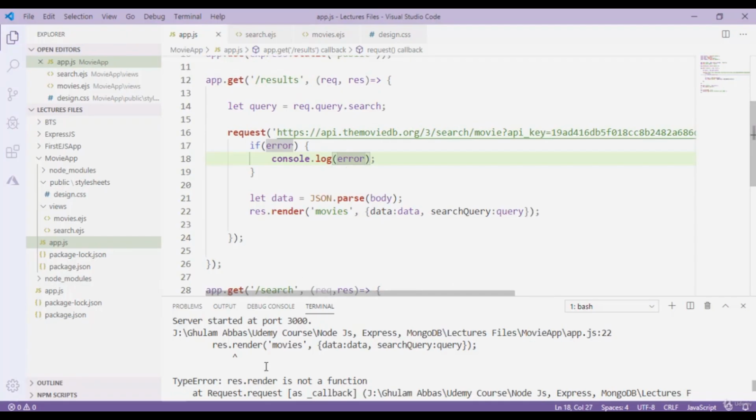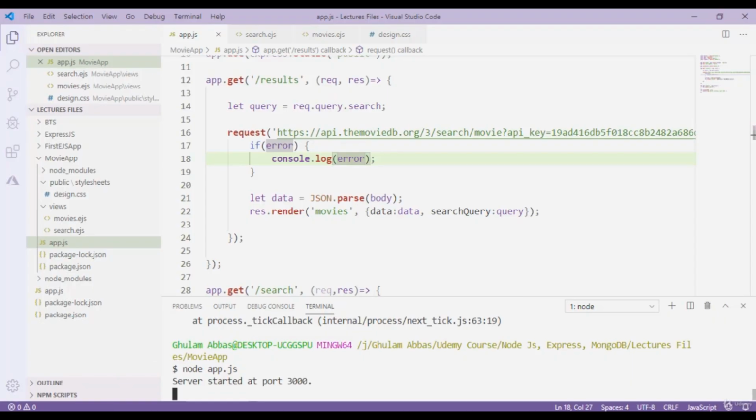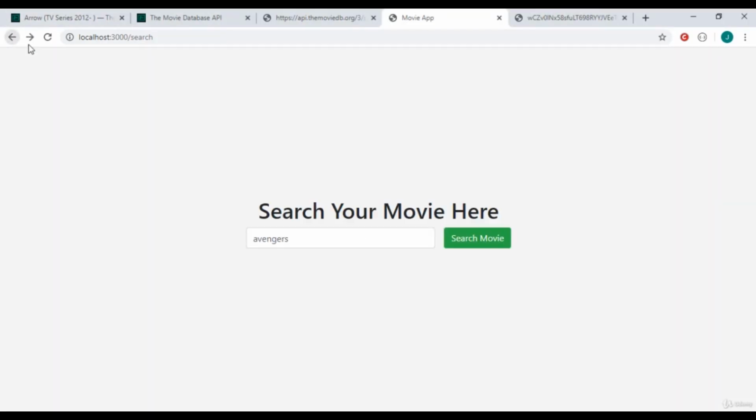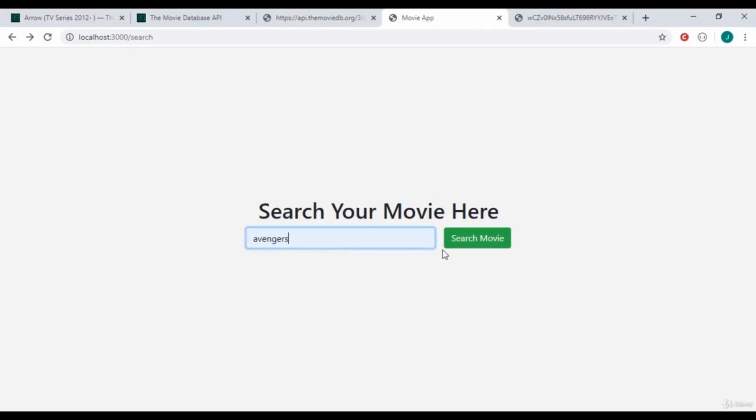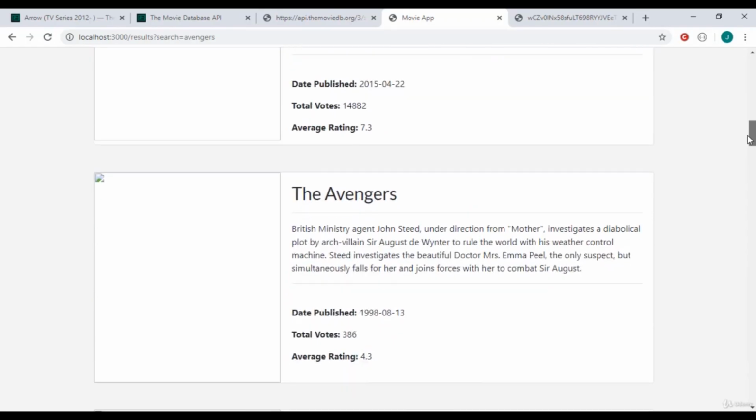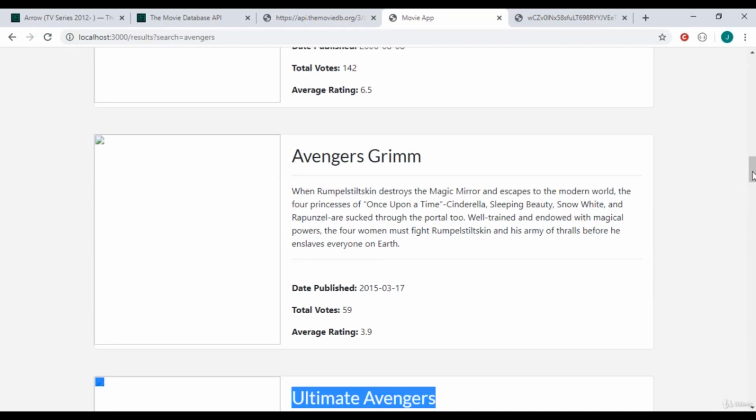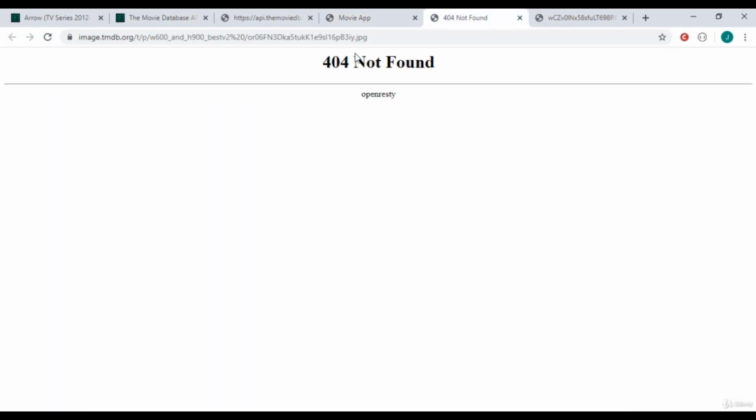I simply save it and run this program once again, node app.js, go back and go to this one, reload it, and type here Avengers, search movie, and here we go, we get our result here, but we don't get our image here right now. So what I do is I simply go to open image in new tab. So we have here best v2,